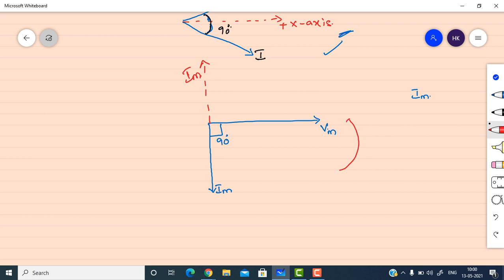If all the phasors are rotating in anti-clockwise direction, if you see this one, this Im is behind this voltage phasor. So that's why it is lagging. And coming to this, here Im is leading we are saying. If you see, these phasors are rotating in anti-clockwise direction, this Vm is behind this Im. So that's why Vm is lagging and Im is leading. If it rotates in the anti-clockwise direction, whichever is first is leading, and the one behind it is lagging. So if the phasor is ahead of the reference then it is leading. If the phasor is behind the reference then it is lagging. Is it clear?